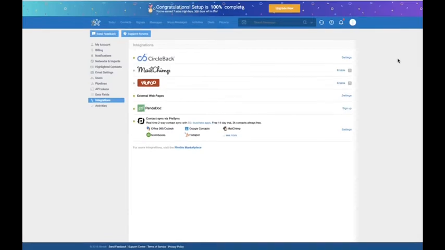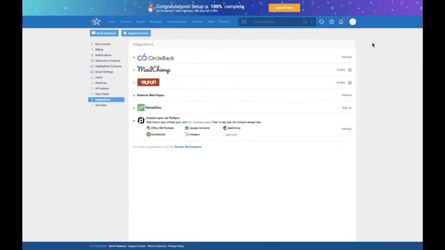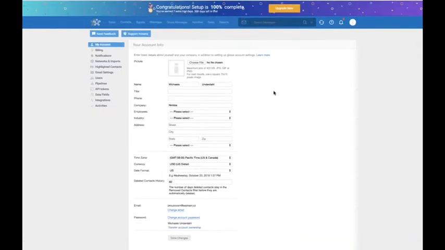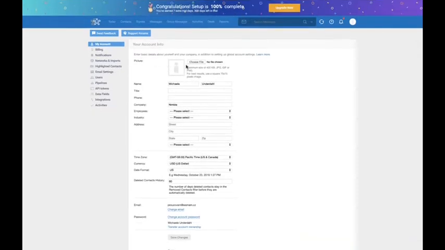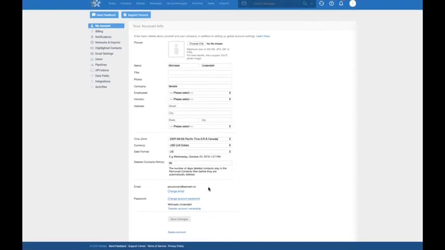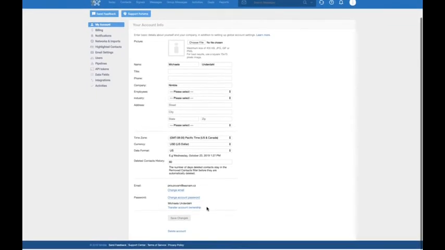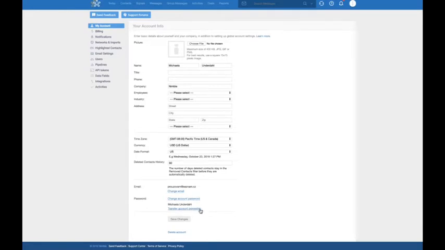Before we go to today's page, I also want to go quickly through the rest of the settings here. Let's go through my account. So as you can see, you can upload your picture here. This is also where you are able to change your password, and you can also transfer account ownership, which is